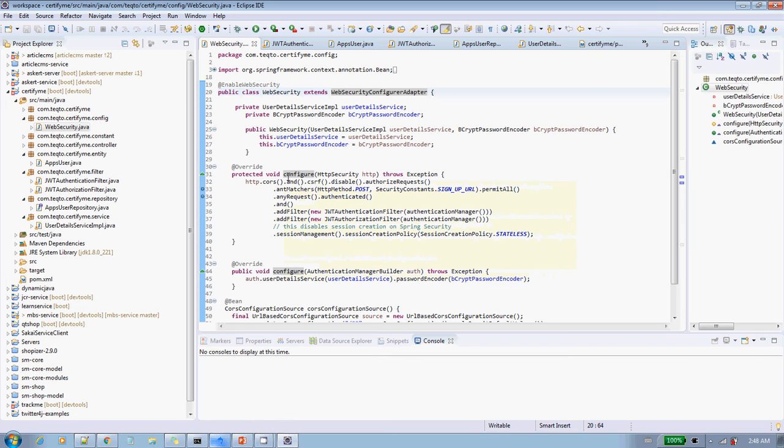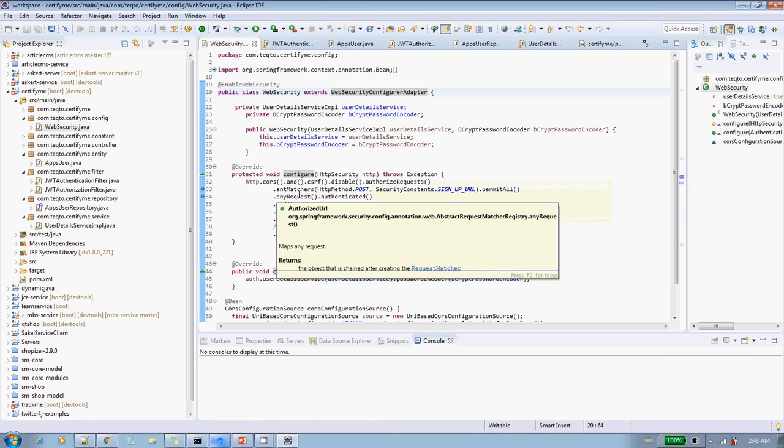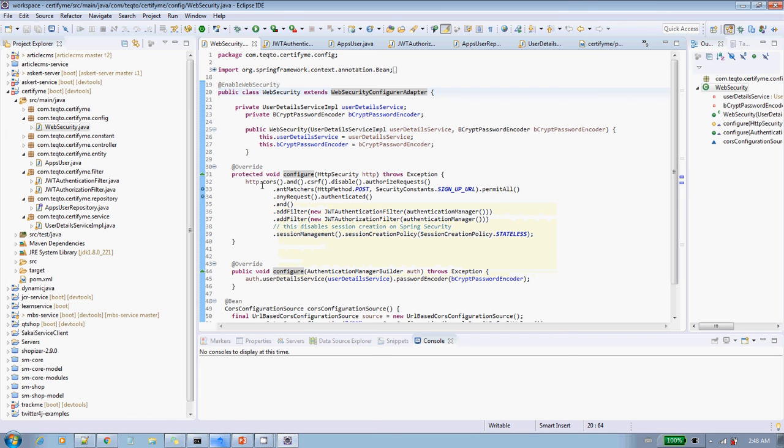In this method we segregate which requests we are going to authenticate, meaning which are the private and which are the public URLs. We are going to apply CORS as well here. The sign up URL is a public URL that we permit for all, and for any other URL or resource that is not sign up, we need to apply this JWT authentication and authorization filter.